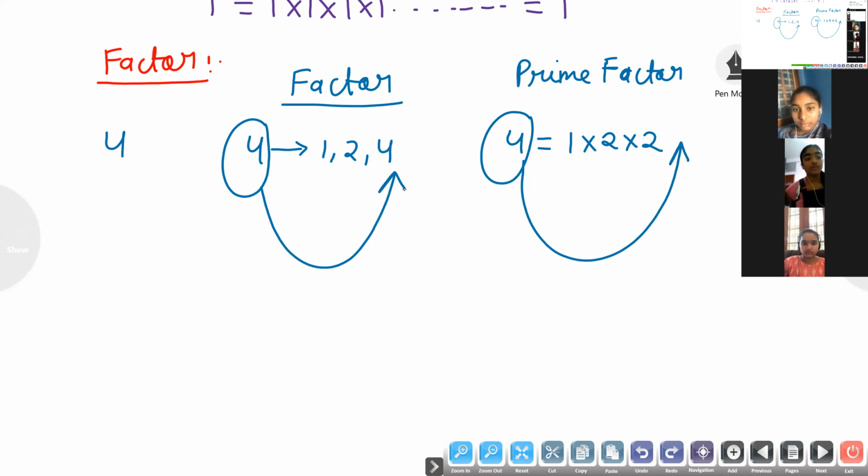If I am talking about factor, that number will come at the last. But if I am talking about prime factor, that number will never come at the last. Are you getting my point, students? Sanjana, are you getting my point? Again, listen. If I am talking about factor, that number will be included at the last. But if I am talking about prime factor, that number will never come at the last. This is the main difference between factor and prime factor. Now keep heading everyone. Left side: Factor.